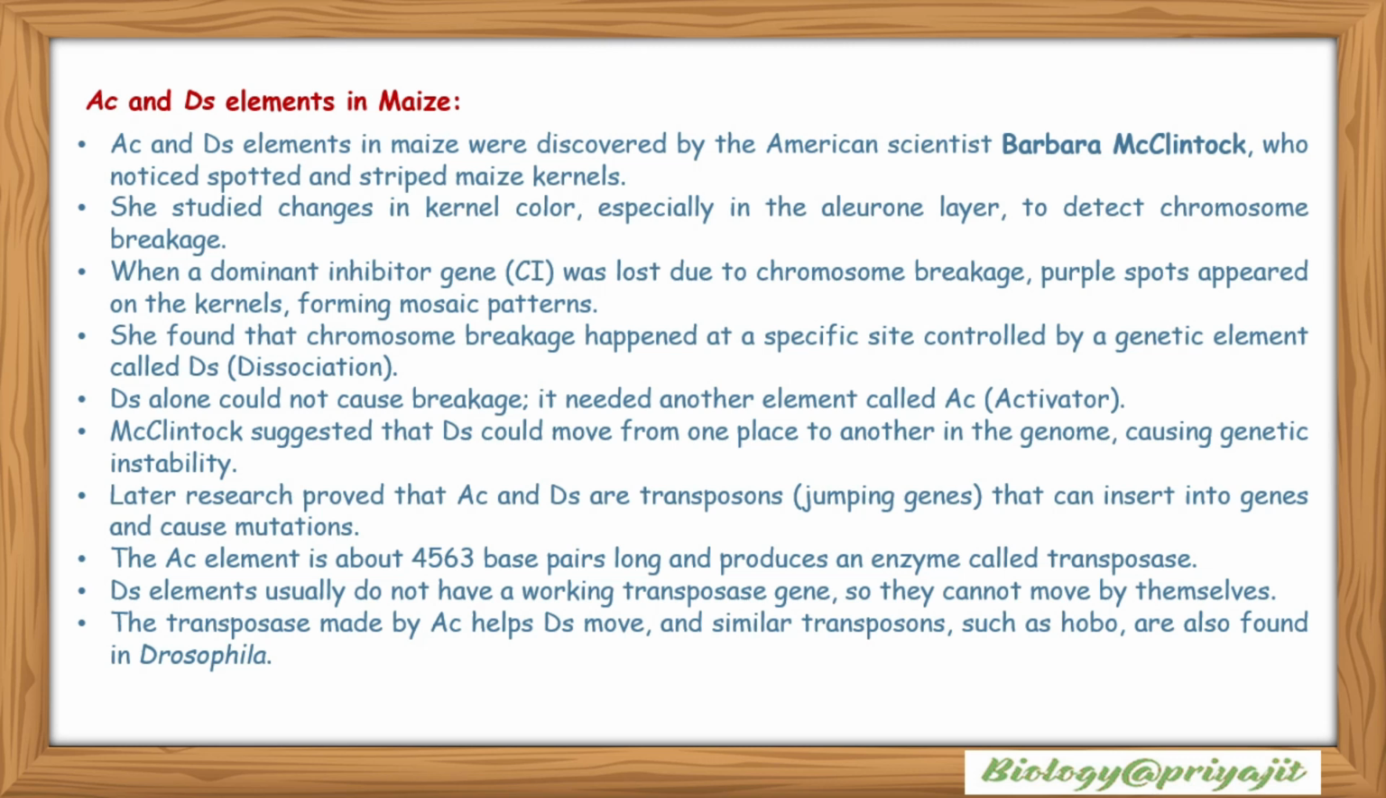AC and DS elements in maize were discovered by the American scientist Barbara McClintock, who noticed spotted and striped maize kernels. She studied changes in kernel color, especially in the aleurone layer, to detect chromosomal breakage. But when a dominant inhibitor gene CI was lost due to chromosomal breakage, purple spots appeared on the kernels, forming mosaic patterns. She found that chromosome breakage happened at a specific site controlled by a genetic element called DS or dissociation,